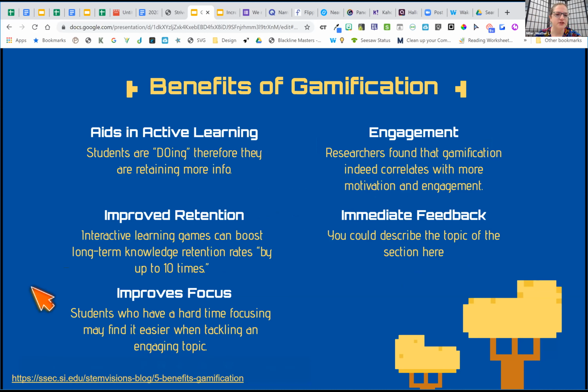Speaking of being beneficial, here are just some benefits of gamification. It aids in active learning, so students are actually doing, so they're retaining more information. Also, going along with that, it improves retention. You can see it on the screen too, but it's just that interactive learning games boost that long-term retention rate, and it improves focus and engagement.